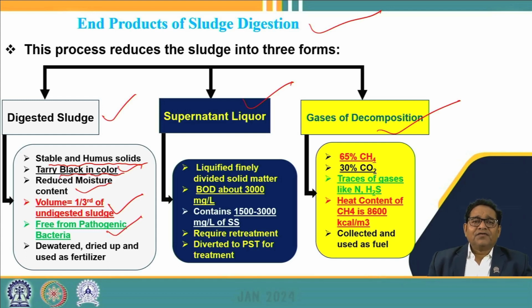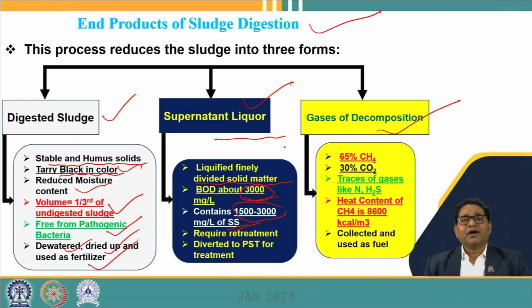And this type of sludge can be easily dewatered, dried, and then further used as a fertilizer. Similarly, the supernatant is the relatively free layer of water which remains at the top of the digesters. It contains a lot of finely divided solid matter. Its BOD ranges around 3000, and it may contain around 1500 to 3000 milligram per liter of suspended solids. So this requires further treatment, and hence it is diverted back to the primary sedimentation tank